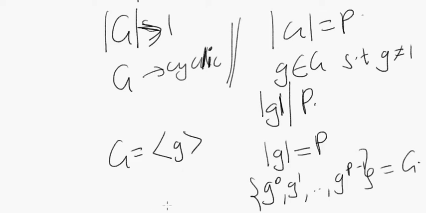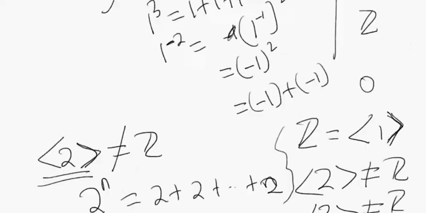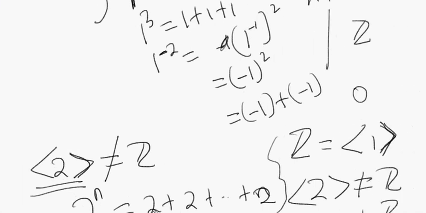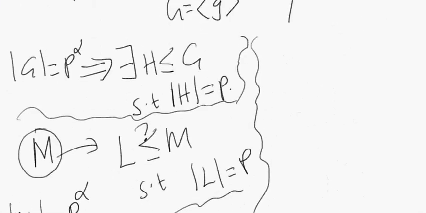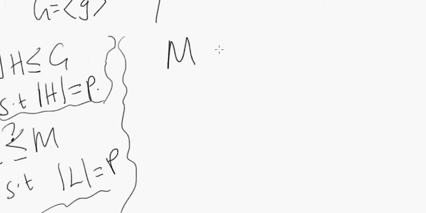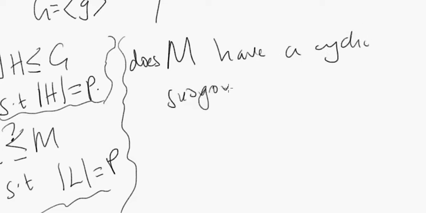Right. So okay, fine, that's all well and good, but what does it have to do with our previous theorem here? Because we've been thinking about applications of our theorem that if a group has order p to the alpha, then there must exist a subgroup of order p. Right. So what potential uses could it have? Well, what if we have some group M and we have the following question: does the group M have a cyclic subgroup